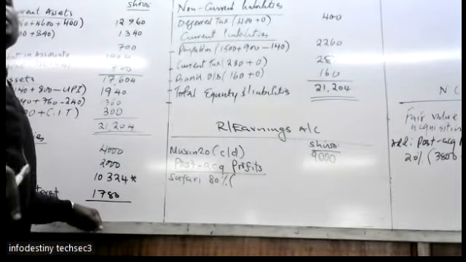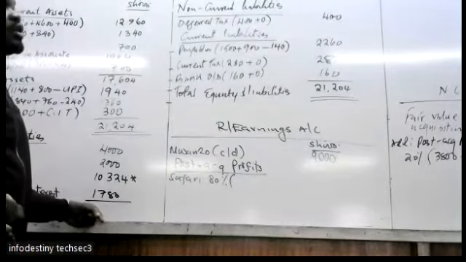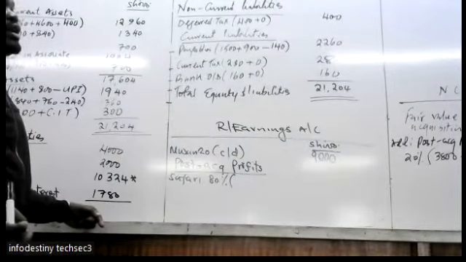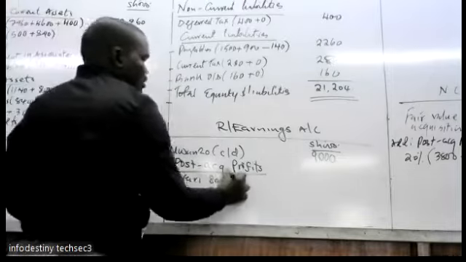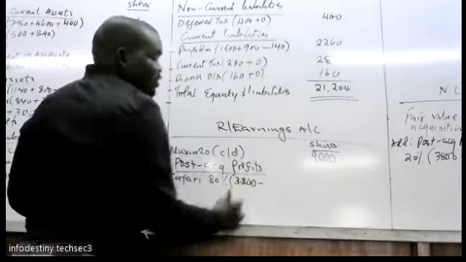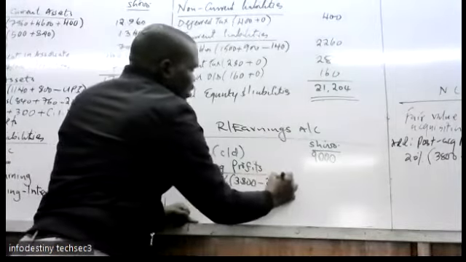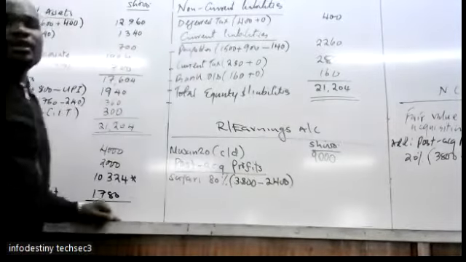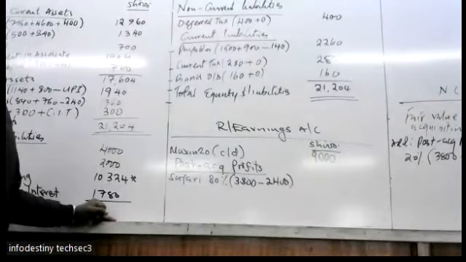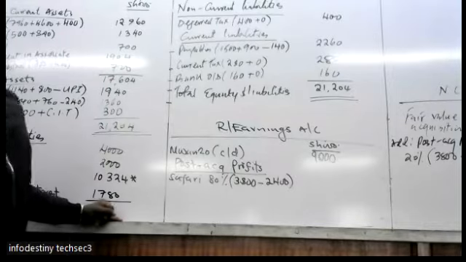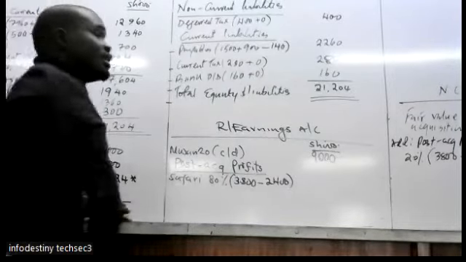Their closing profit minus on acquisition. The closing profit for Safari is 38. 38 on acquisition in note 1, 24. So get the difference, then take 80%. How much is that? 1120.